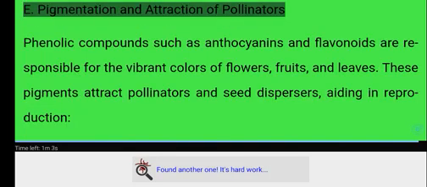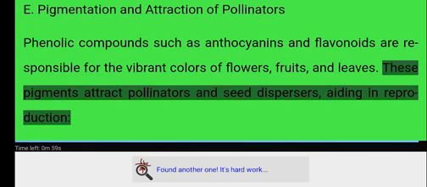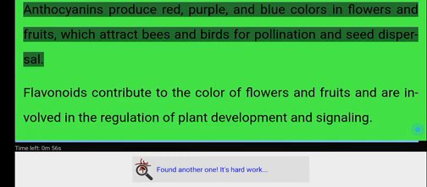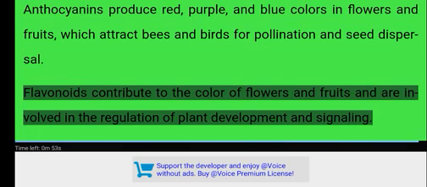E. Pigmentation and attraction of pollinators. Phenolic compounds such as anthocyanins and flavonoids are responsible for the vibrant colors of flowers, fruits, and leaves. These pigments attract pollinators and seed dispersers, aiding in reproduction. Anthocyanins produce red, purple, and blue colors in flowers and fruits, which attract bees and birds for pollination and seed dispersal. Flavonoids contribute to the color of flowers and fruits and are involved in the regulation of plant development and